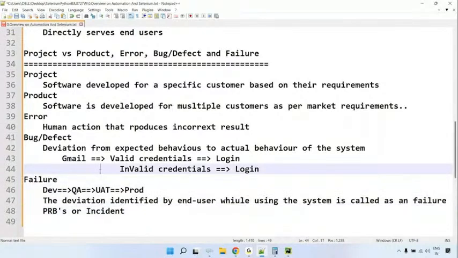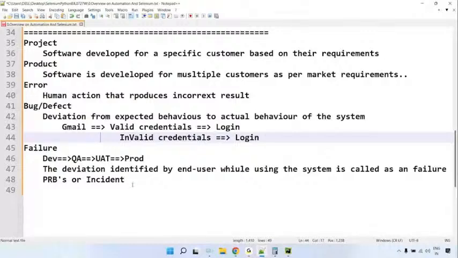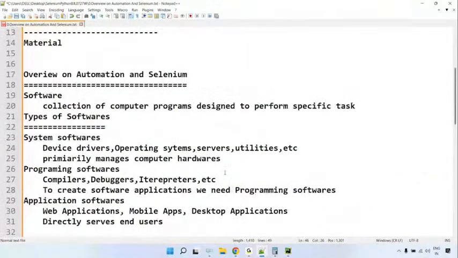Whatever I teach, everything needs to be covered from the basics. Otherwise, there is no meaning to it. I could have started Selenium, Python, all that stuff today, but that is not my intention. So I am making all these things clear. Now,